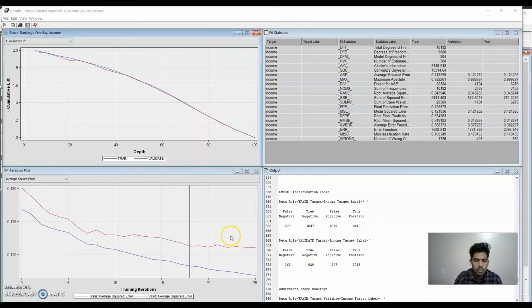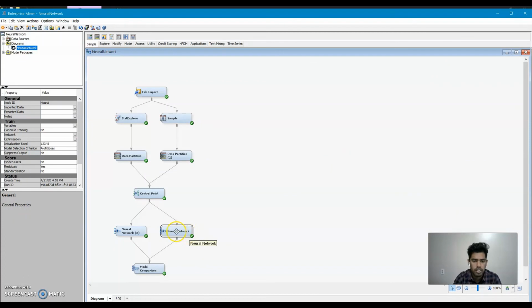When we see the results of this neural network model with the sample data, we see that it reaches the global optimum at almost the 17th iteration, and it has a misclassification rate of 0.16, which is slightly higher, but that's okay. And when we see the confusion matrix here, it gives us an equal number of true positives and true negatives, which is really good. So when we compare both models, we can see that the second model with sample data performs better, since it gives a good misclassification rate and also an equal number of true positives and true negatives.